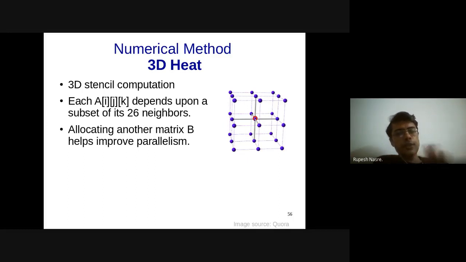The other downside of keeping a copy is, of course, that you are increasing the amount of space by 2, and therefore the matrices that you can accommodate in your data might have half the size when you have another matrix B compared to when you had a single matrix A. So this is what I wanted to convey. Otherwise, from the parallelization perspective, this is going to be exactly similar to what we had in the context of any other stencil computation. It could be 2D or 3D, just that the indices are going to be different.